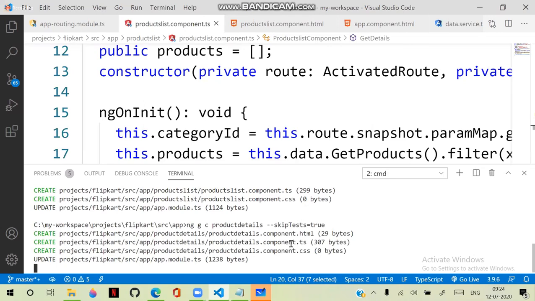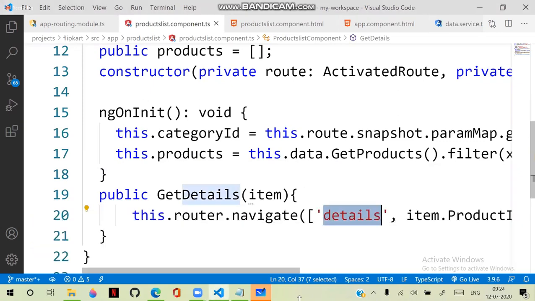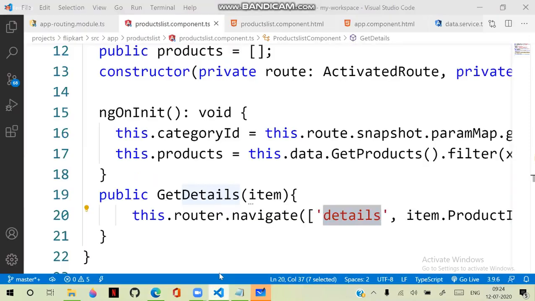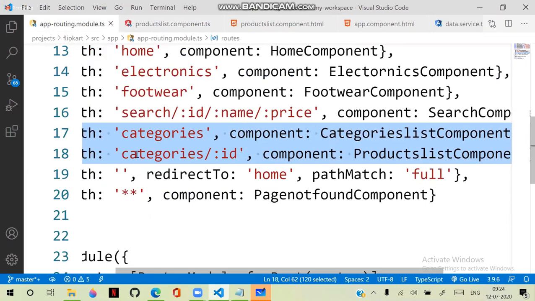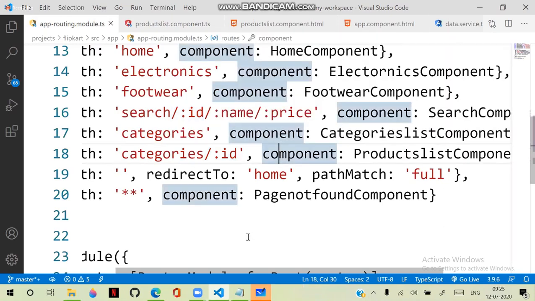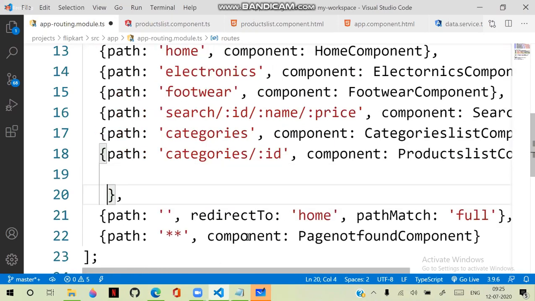Okay. For this, we need to define the path. Let's go to here. Observe where to mention the child path. We have to mention the child path in this. That means go to app routing. In the app routing, here category/ID, it is showing the products list. Within this, another path must be there. Then what we have to do is, in categories ID, here after the component,